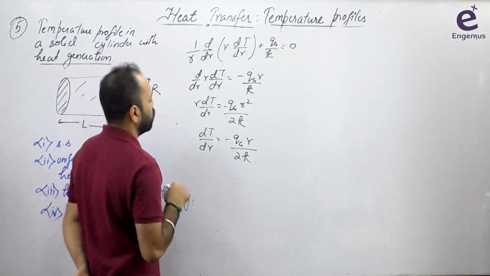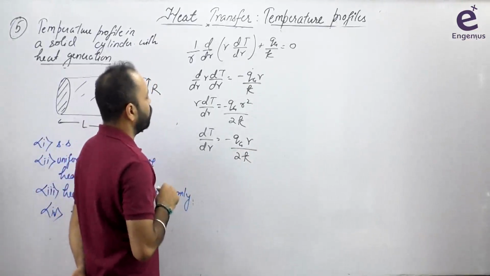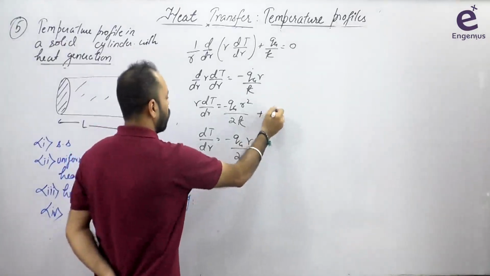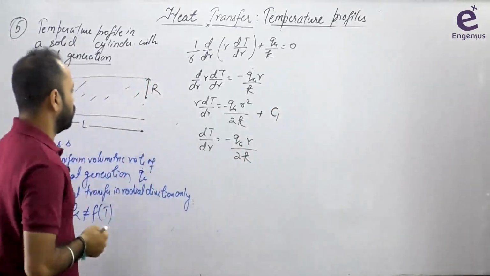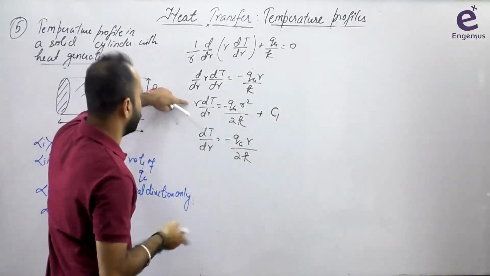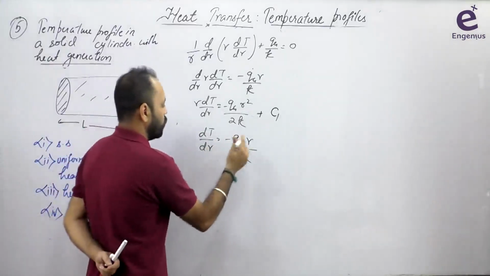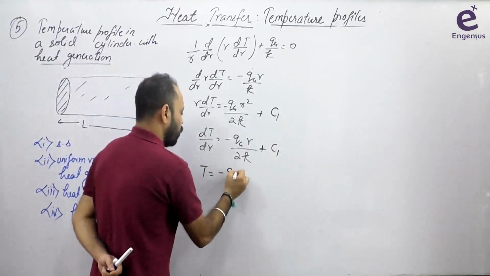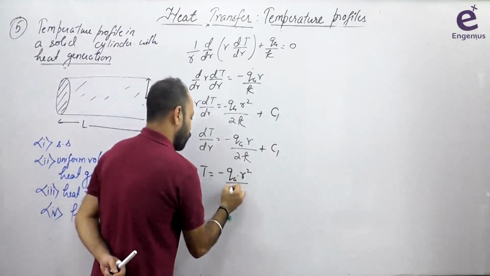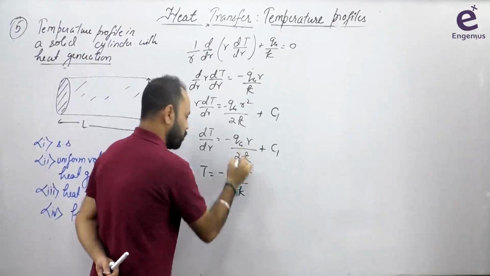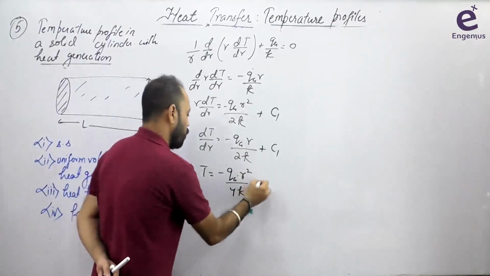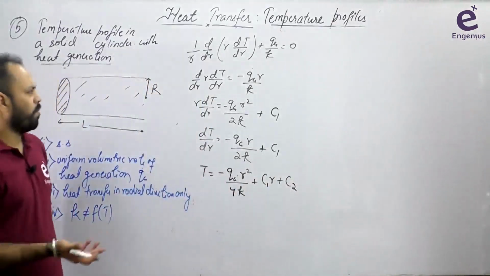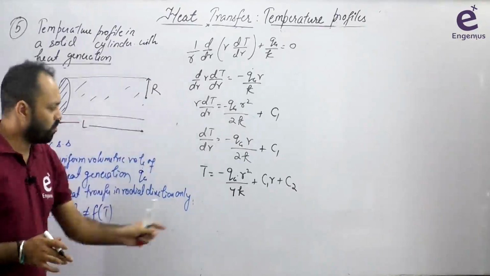जस्ट अ मिनट। Qg R squared by 2K plus C1, right, correct. Just R dT by dr is equal to Qg R squared by 2K plus C1, ठीक है। Now dT by dr is equal to Qg R by 2K plus C1 by R। दोबारा इंटीग्रेट करते हैं, T is equal to minus Qg into R squared by 4K, because this R squared by 2 becomes R squared by 4K, plus C1 ln R plus C2, ठीक है।